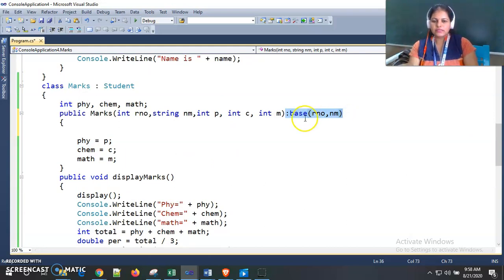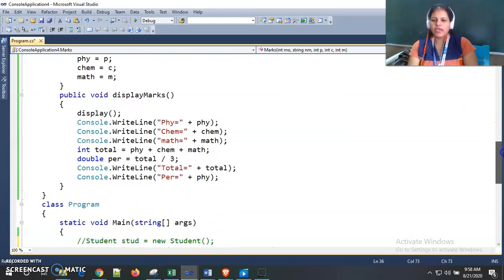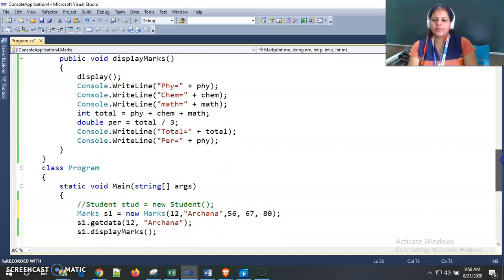What is the syntax? You use a colon here and then the base keyword, and inside round brackets pass the base class constructor parameters. So in this way we may use parameterized constructors in both the base class and the derived class.